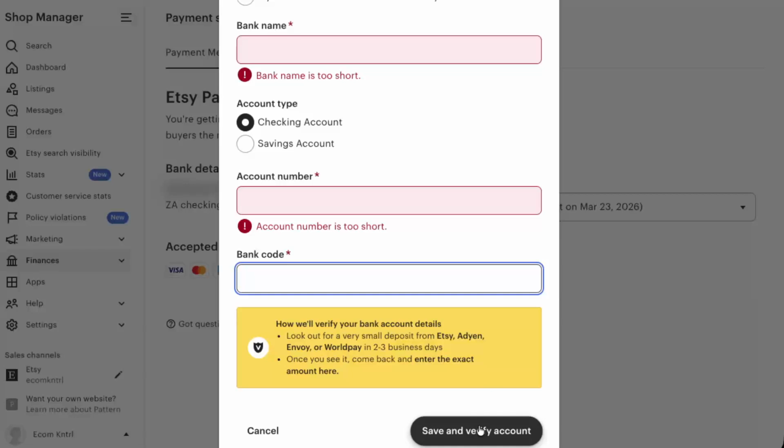Etsy may need to verify your bank details, and in some cases this can involve a small test deposit or additional confirmation. Once that's done, your new bank account will be linked, and future